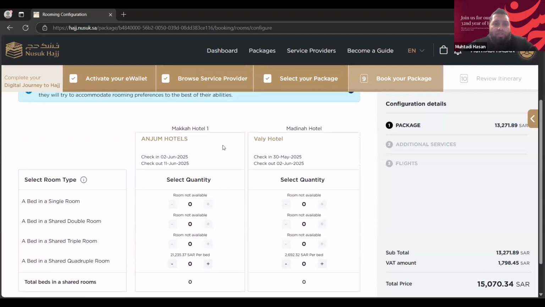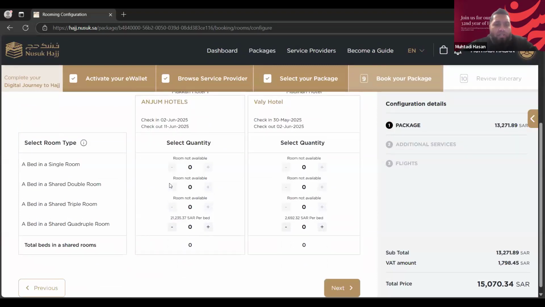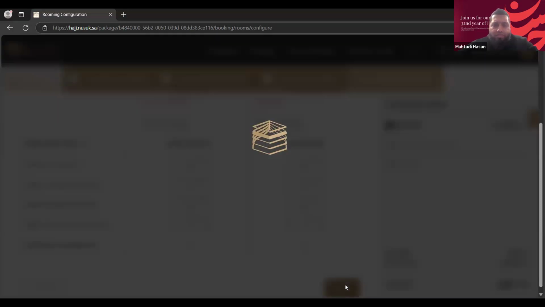Now you'll notice, because it's a non-shifting package, there's only Makkah and Medina, there's no Aziziyah. And this package at the moment is mainly quad room, and this is mainly to bring the price down and have more availability. So I'll click plus. Notice how the package has gone up in price. You click next,